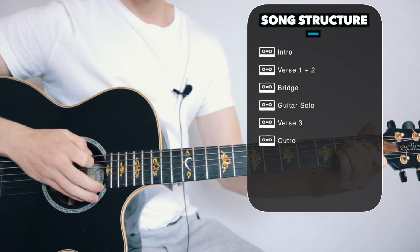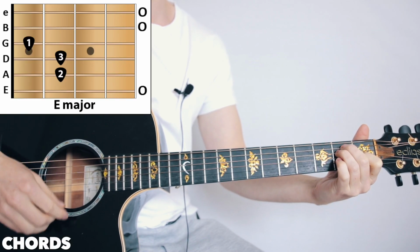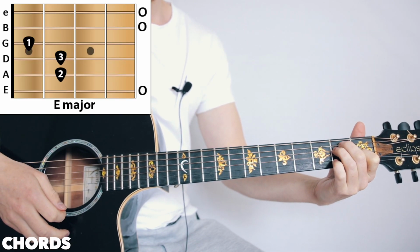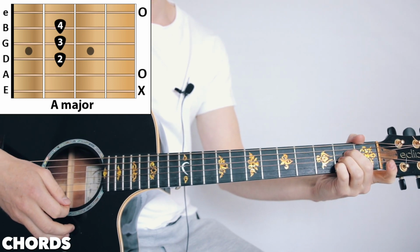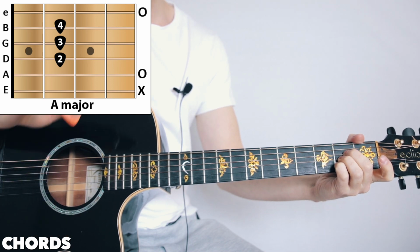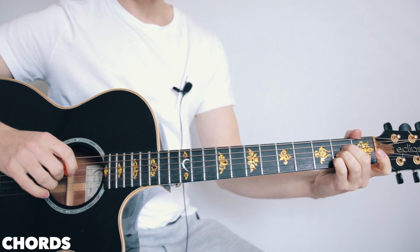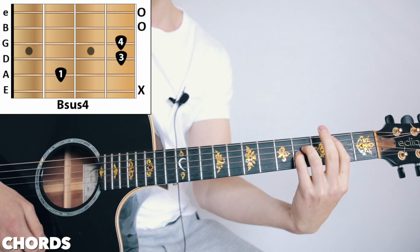So the first chord you need to know is E. This is our main chord. We play this the most throughout the whole song. Alright, then we're going to have A major. Okay, and that's our 2 main chords, but we can also play this kind of B sus shape here, which